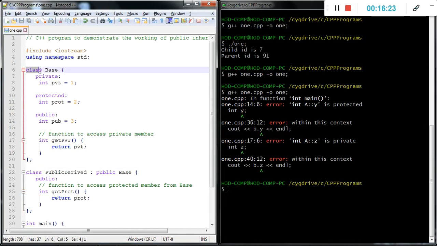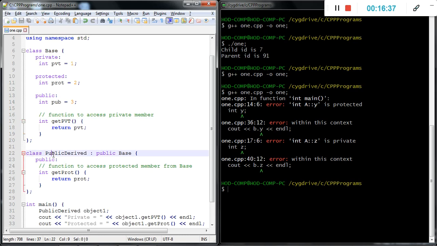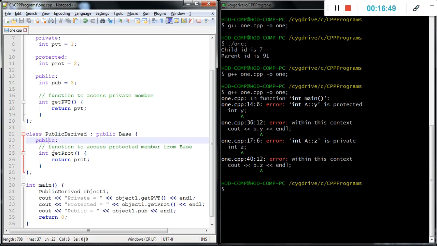This is simply the class Base, which contains three variables, private, protected and public, and one public method, that is getpvt. Then the derived class inherits publicly from the base class, with the public access specifier. It contains one more member function, that is getprot.